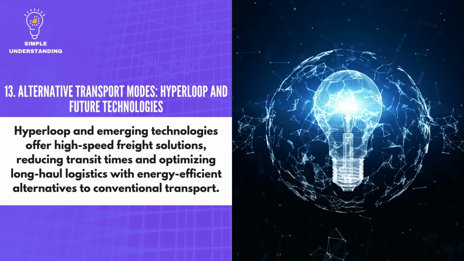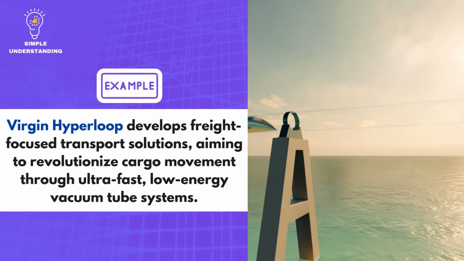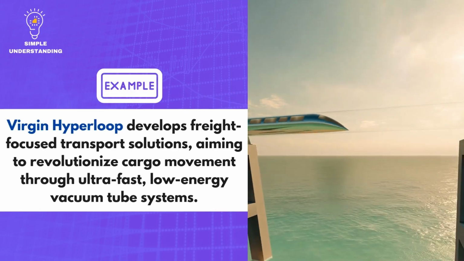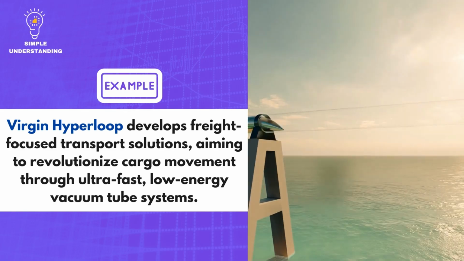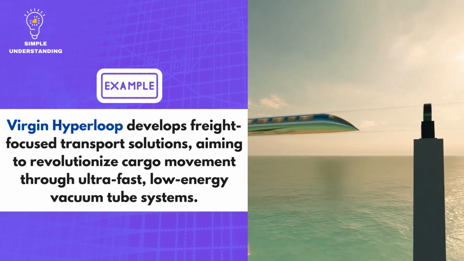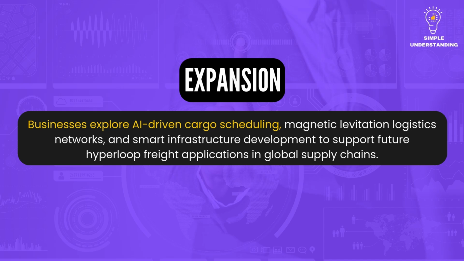Explanation. Hyperloop and emerging technologies offer high-speed freight solutions, reducing transit times and optimizing long-haul logistics with energy-efficient alternatives to conventional transport. Real company example. Virgin Hyperloop develops freight-focused transport solutions, aiming to revolutionize cargo movement through ultra-fast, low-energy vacuum tube systems. Expansion. Businesses explore AI-driven cargo scheduling, magnetic levitation logistics networks, and smart infrastructure development to support future Hyperloop freight applications